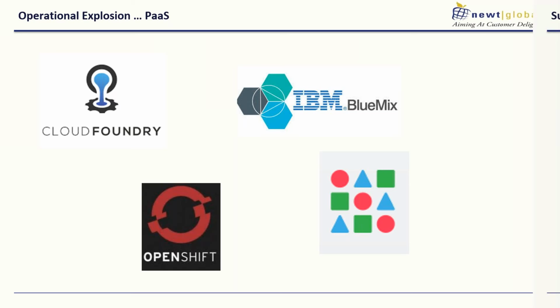I cannot emphasize any better that if you are really writing a microservices application, do not deploy it on a raw infrastructure service platform like OpenStack or AWS. The right platform would be one of these, or there are many more platforms as a service that I'm probably not aware of or have not worked on. But you can pick the right platform as a service, as it will really remove the operational complexity from the entire development process, and it will be a great value addition to your microservices stack.